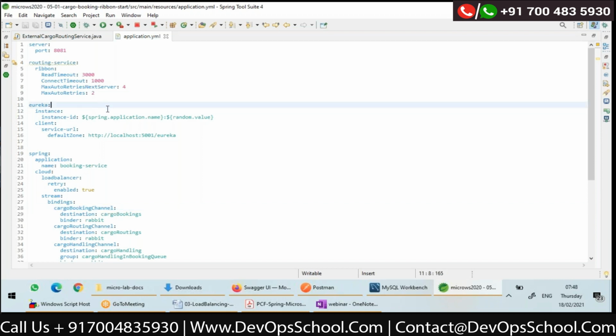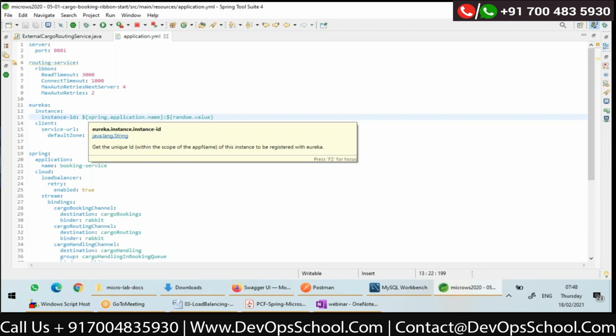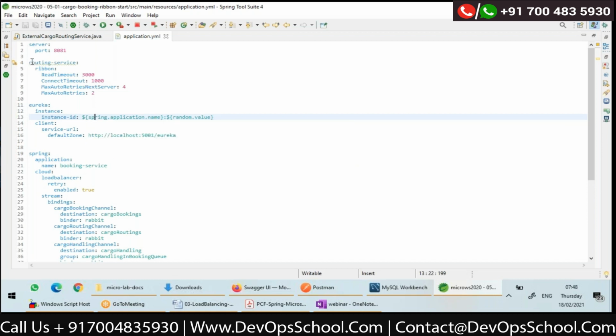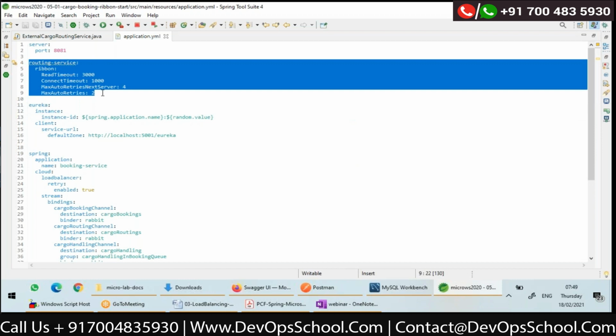That is one thing. And one more thing is how to configure the timeouts, the number of retries, etc. So here I configured the routing service. Here in the configuration, I configured ribbon.ReadTimeout, connection timeout, all this. Booking service might be a client to routing service or service 1, service 2, etc. So this is a configuration specific to routing service.